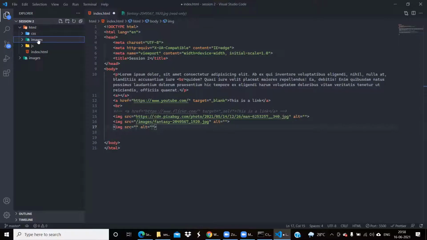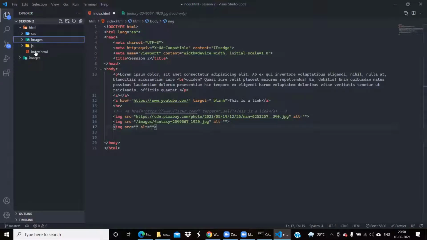So like CSS, images, JS, and index.html file, consider them to be neighbors. Consider the images folder to be at an even lower level. Consider these four to be houses. Consider HTML to be an area, like suppose Park Circus, and these four things to be houses in the Park Circus area. Suppose you want to go into the images house, so you'll be moving on from the index.html house to the images house, right?